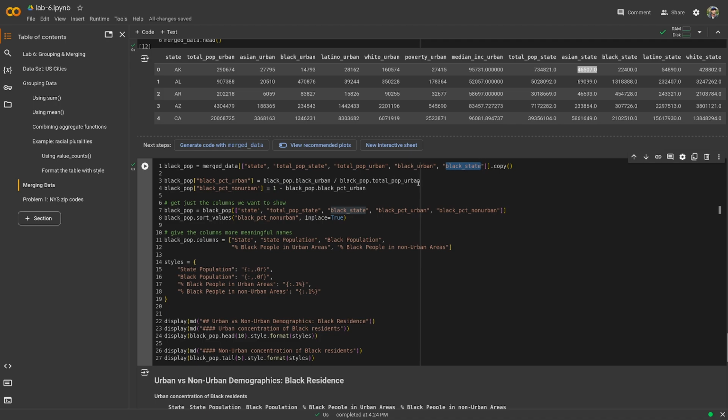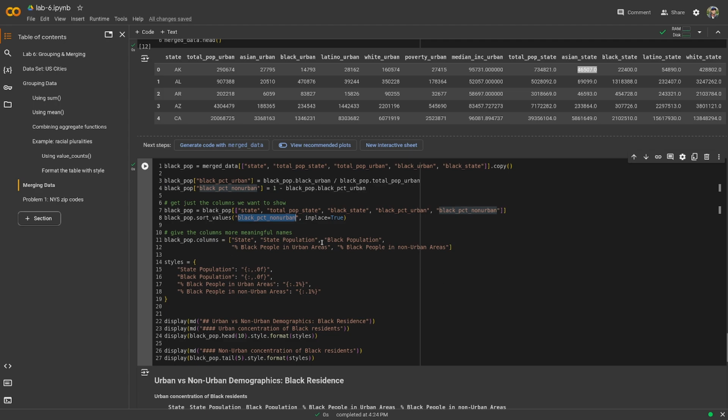And from this, we can calculate the percent black urban, right? So the number of urban black residents divided by the total black residents in the state. And then we can invert that and get the non-urban blacks just by taking that number. Because in our data, they can't live both in an urban and non-urban area. Okay, so get a few columns, sort it,